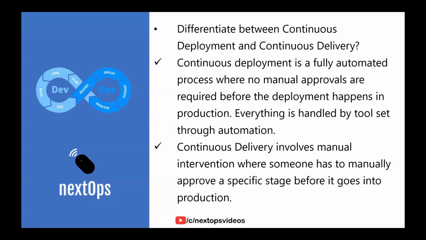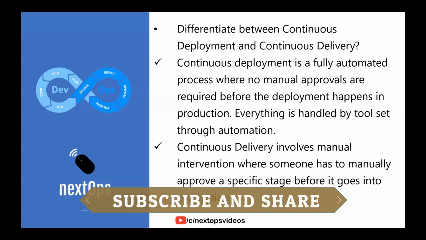So somebody has to come in while the pipeline is being executed and click on the approve button manually to continue with the rest of the pipeline execution. That is called continuous delivery. In continuous delivery, manual intervention is there. The same can be achieved with the tools. In Azure DevOps, they call it gates. So if you use gates, it's an automatic process. We don't need to wait for someone to come in and approve. So that's called continuous deployment.